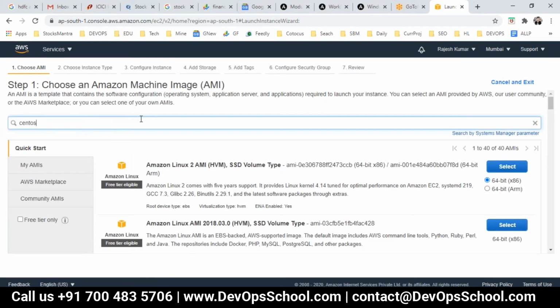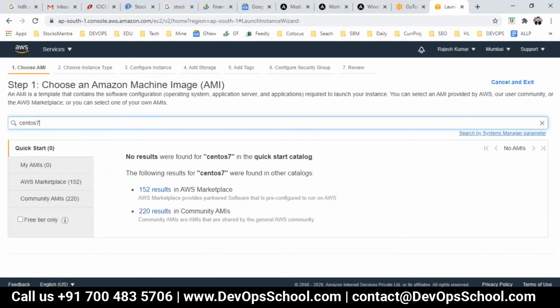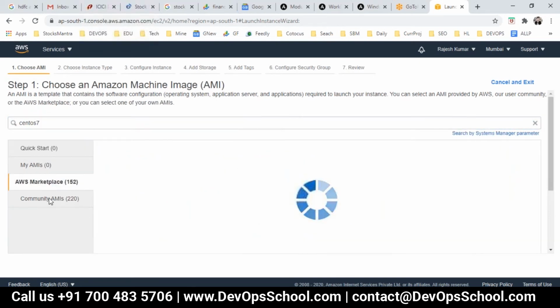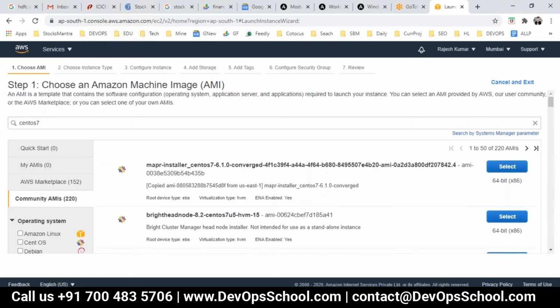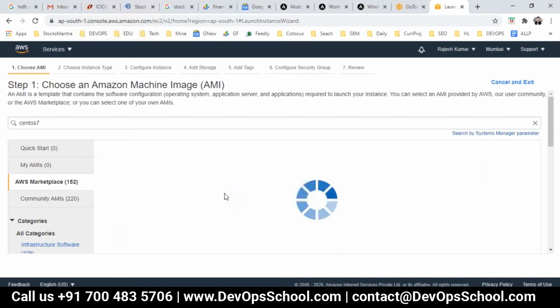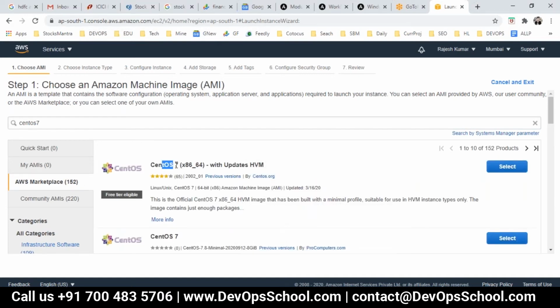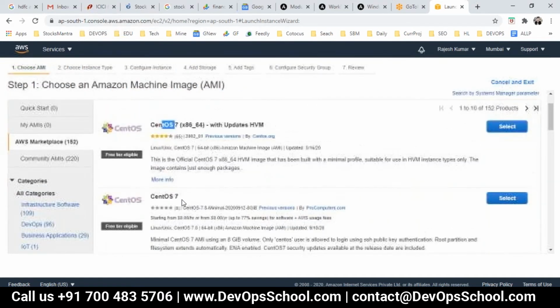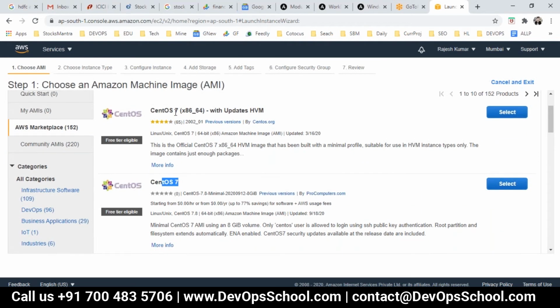And here for CentOS 7, I will search the Amazon Marketplace or community AMIs, whatever you like. Here in the Amazon Marketplace, I'll click on CentOS 7. You have here also CentOS 7 64-bit. So I'll go with this one only. Click on it.